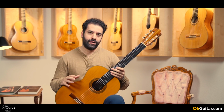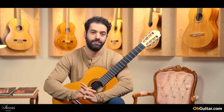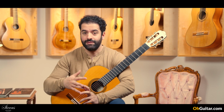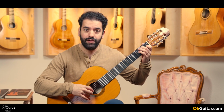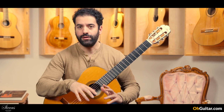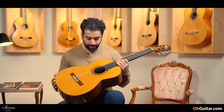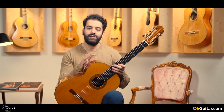You know, the good thing about guitars with long sustain is that you can take your time when you are playing pieces, especially ballads and slower pieces by Barrios, like what I was playing now, because you can take your time and the tone is still ringing. But if the tone is too short, you have to go on very fast to the next chord. I'm very curious what you say about the sound of this Masaru Kohno guitar, and let's move to the last